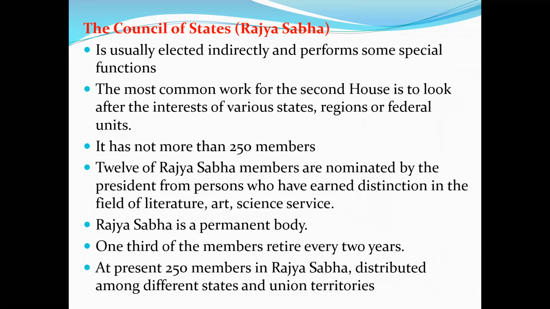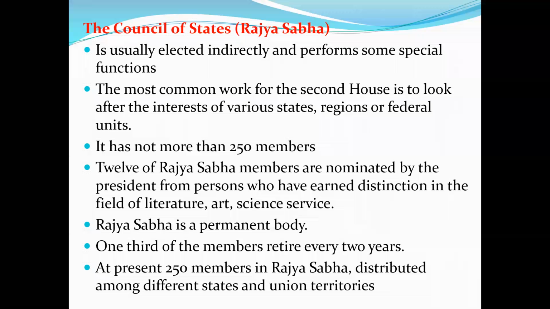So this is the reason we call it the Council of States: the representatives belong to different states, अलग अलग स्टेट से बिलोंग करते हैं. तो यही कारण है कि जो राज्यसभा के मेंबर हैं वो गवर्नमेंट को कंट्रोल करते हैं. And we also know that in different states, different political parties also rule. So this is the reason government also faces problems when government wants to make a new law or change any law, because